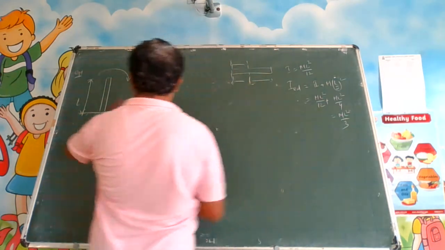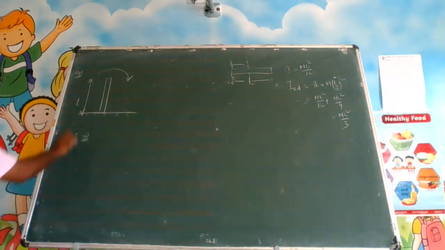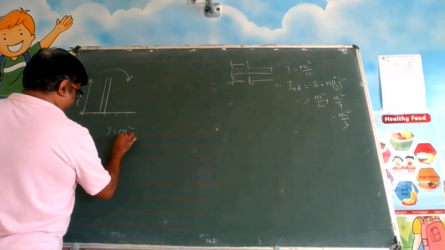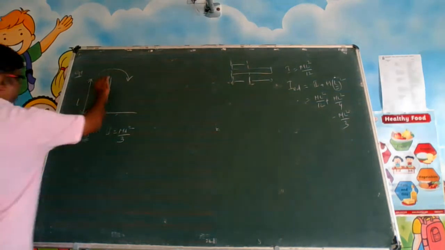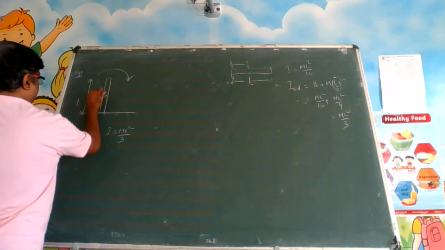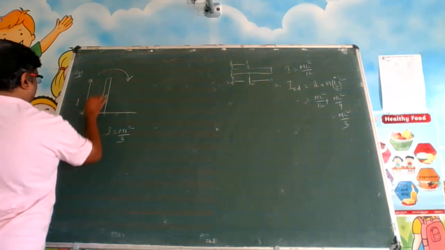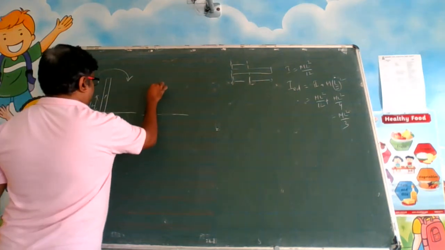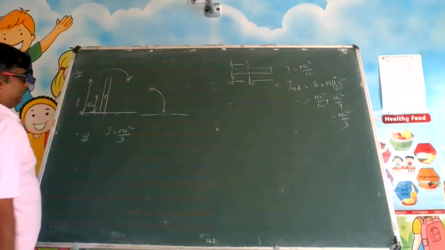Now rotate it and see, it is the same. So you want the moment of inertia about this edge, which is I is equal to mL square by 3. Now this rod is falling down. So where is the CG of this rod? It is at L by 2 distance. Where is its whole mass? At L by 2. So there is a mass which is falling down. Let us say, what will happen?